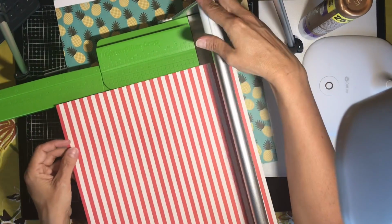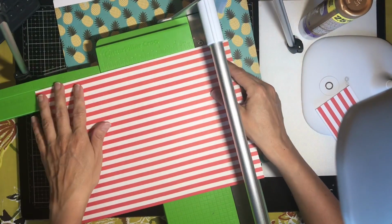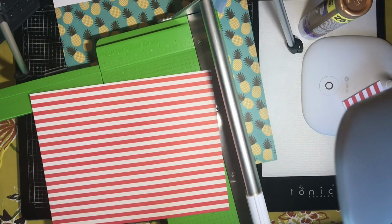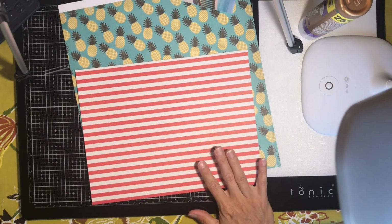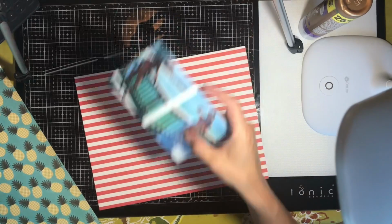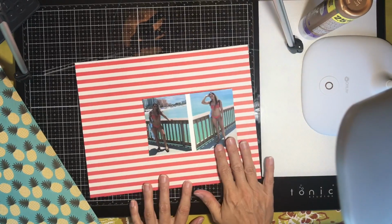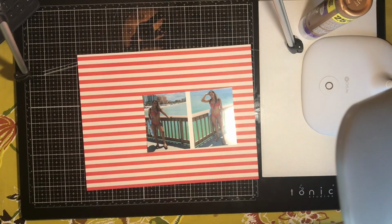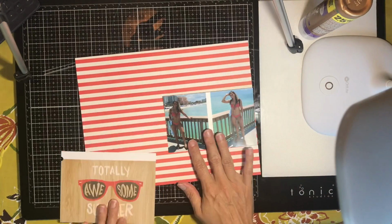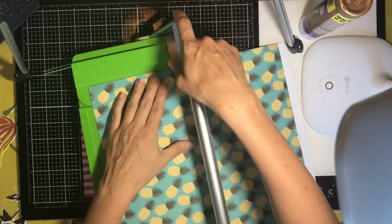And you saw the photos of my oldest daughter, Shay, in Florida. That's the first set of photos that I have scrapbooked from the trip that she took a month ago. And I'm going to do it in an 8.5 by 11 horizontal format. And I've never done this size before, but I thought that would be a really fun way to stretch this sketch. So I'm using this red and almost white stripe as well as this really fun bright pop of pineapple